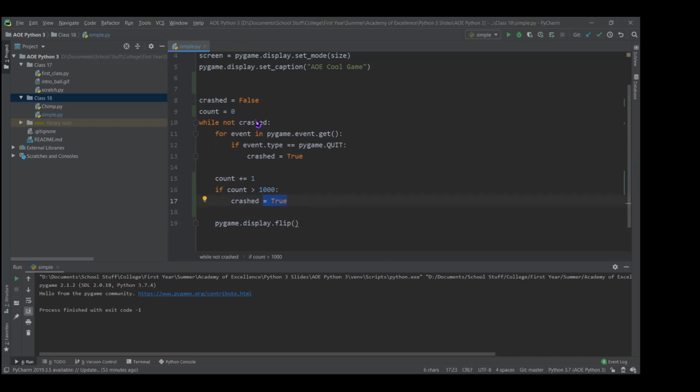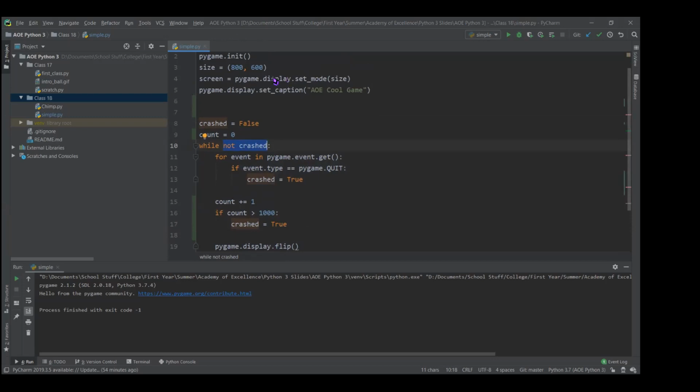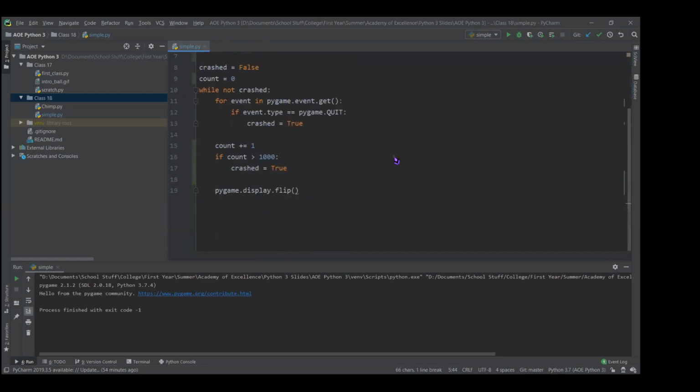And then the next time we go and try to loop, if crash is true, not true is going to be false. And so the while loop is going to stop, right? And something I didn't say, but is actually in the documentation: if your Python program finishes, your display will automatically close. So the display that we created here is going to automatically close once we reach the end of this program. Before, we never reached the end because we got stuck in this infinite loop. But now this loop is going to eventually stop and our program is going to reach the end and we're going to close automatically. So if we try this,